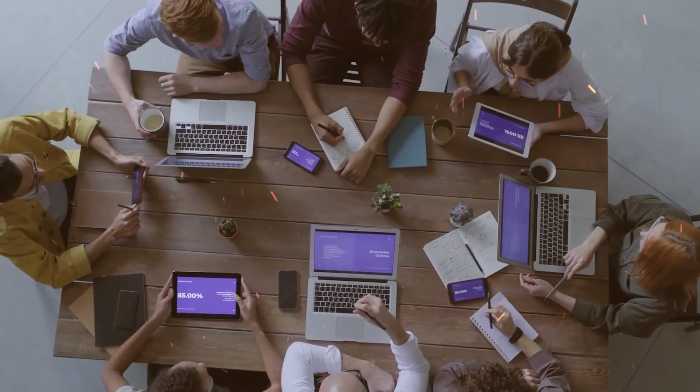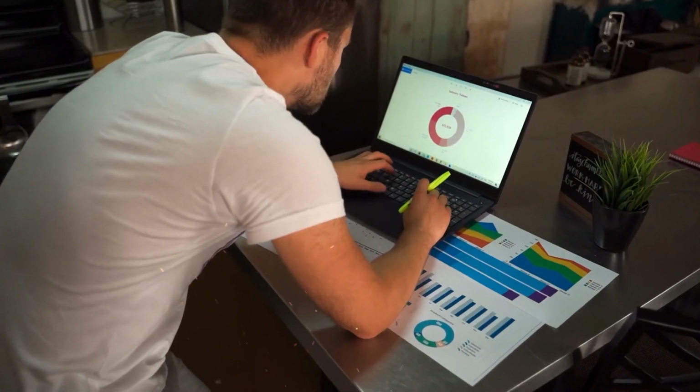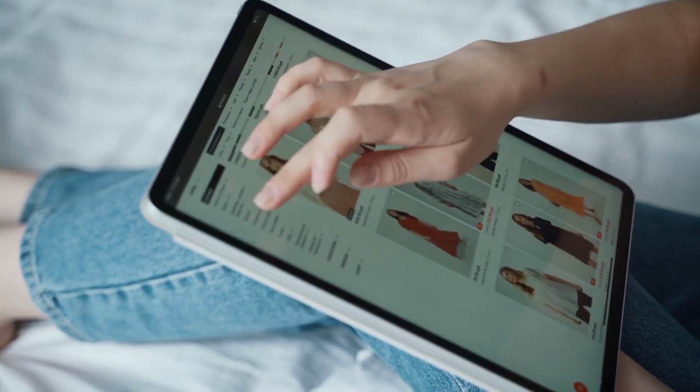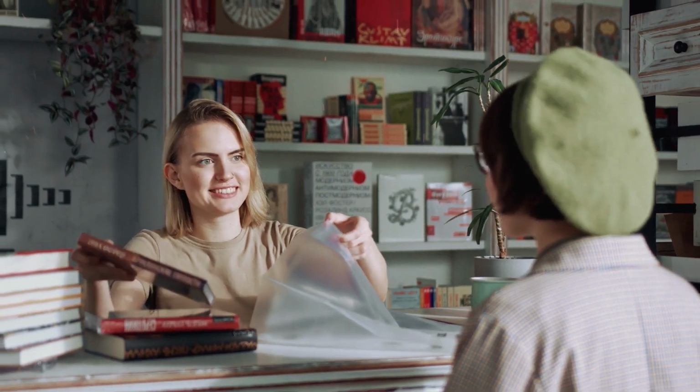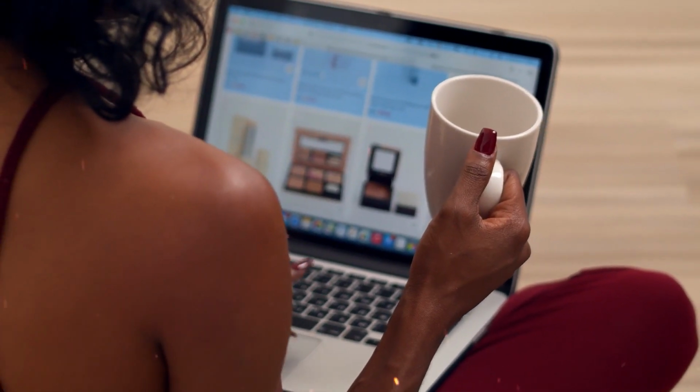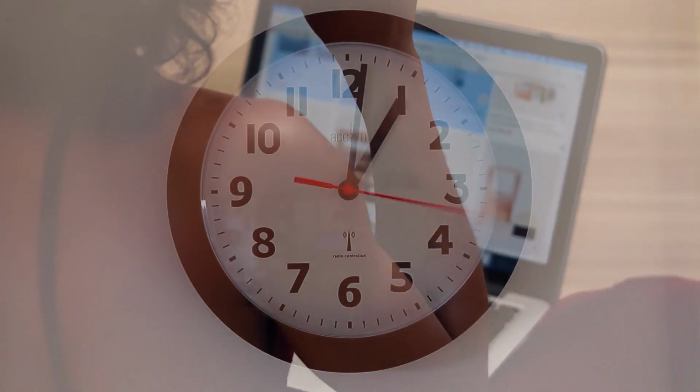Now, what you want to do is test your ideas before you commit. You can do this by creating a landing page and collecting email signups or running a small ad campaign to gauge interest and see if anybody would bite, or see the extent of interest it gives. And if no one bites, it's better to pivot early than to waste time.